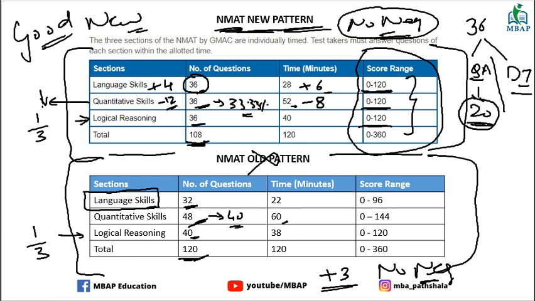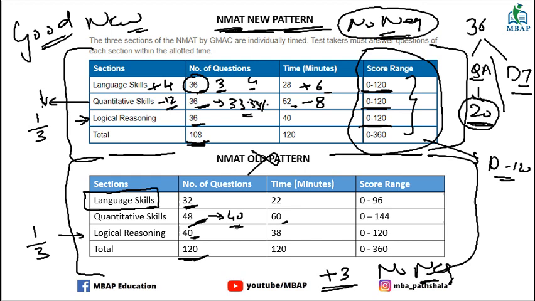Even if you take it as 3 marks per question, it is not 120. If you take it for 4 marks, then too it is not 120. Or else this might be a scaled score, that everything is going to be scaled between 0 to 120. That can be a scenario. However, we can only assume on that part. We cannot be very sure of what is happening there.